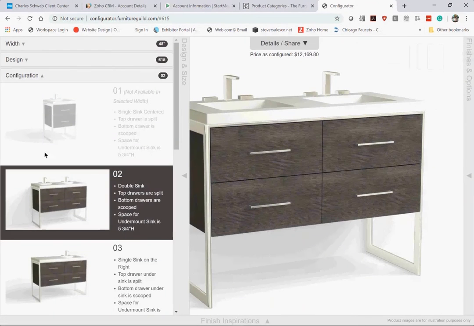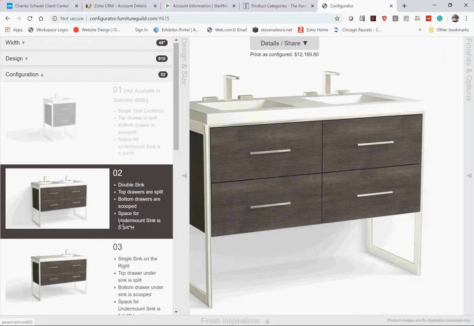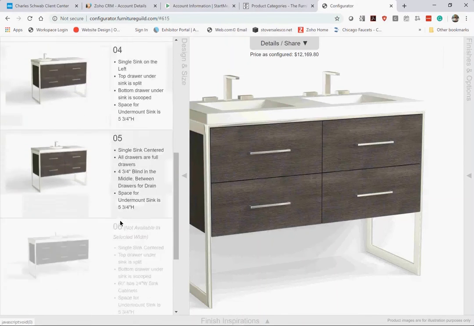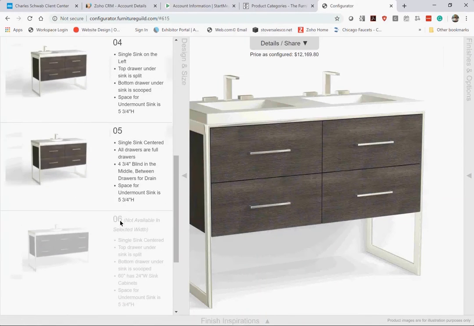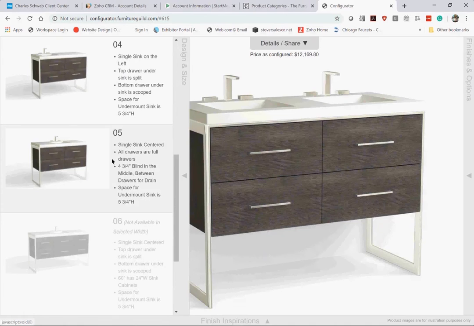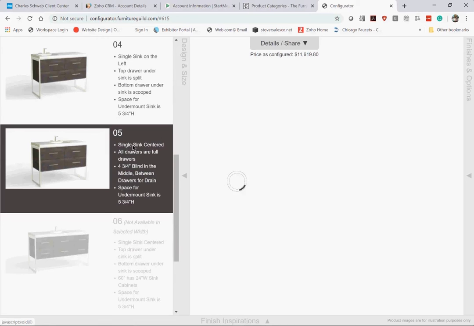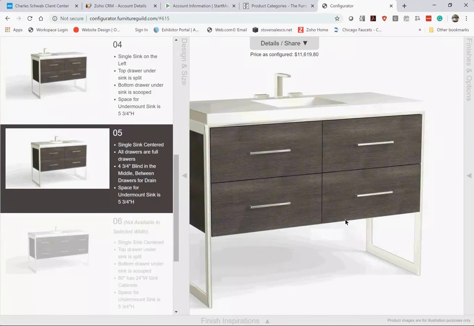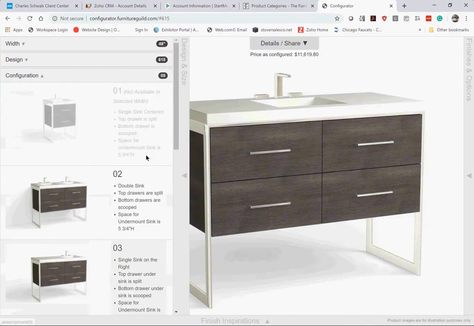So now it shows you in a 48, there's not a 01 available. You can use a 02, 03, 04, 05. So if it's not highlighted, then that size vanity only comes as a standard in those sizes. So if I wanted a center sink, 42 to 48 inch, that's a 05. This is all drawers are working, top 2 drawers as well as the bottom 2 drawers. And so then once I